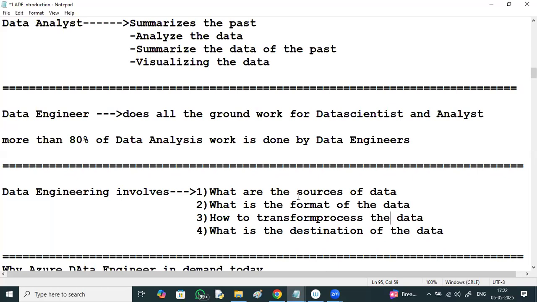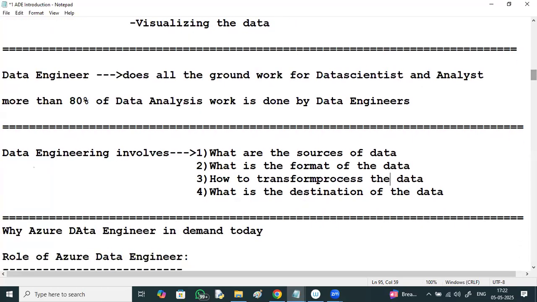Yes. And why is data engineering in demand today? Why data engineer? Why Azure data engineer? Why is the Azure data engineer in demand? To talk about this, why the Azure data engineer is in demand today, for example,